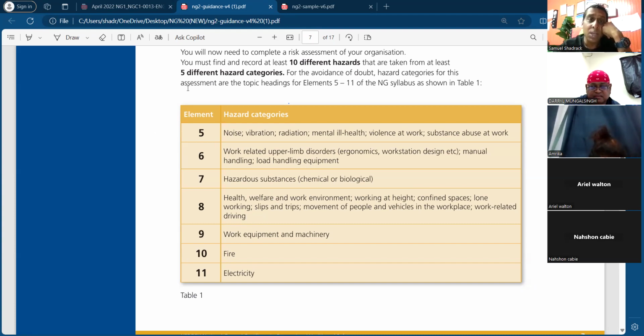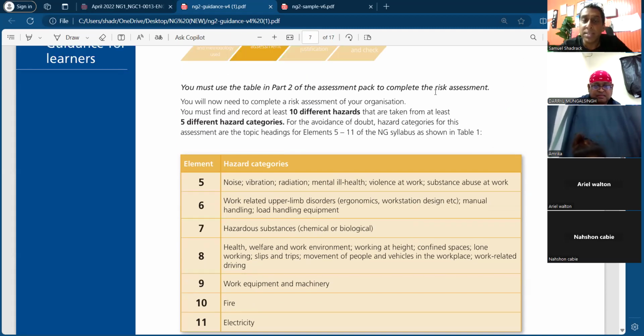Let's read it again. You will need to complete a risk assessment of your organization. You must, not can, you must find and record at least 10 different hazards taken from at least 5 different categories. And watch what is said here. I want you to read this to me. Let's read this, right? What does it say? Read this line with me, on the count of 3. For the avoidance of doubt, hazard categories for this assessment